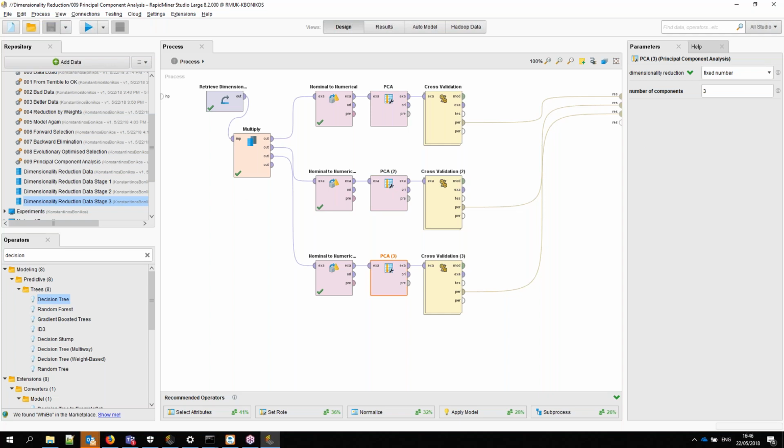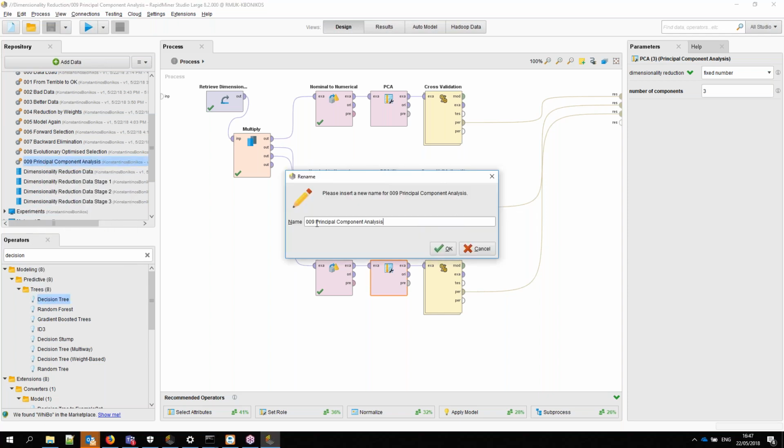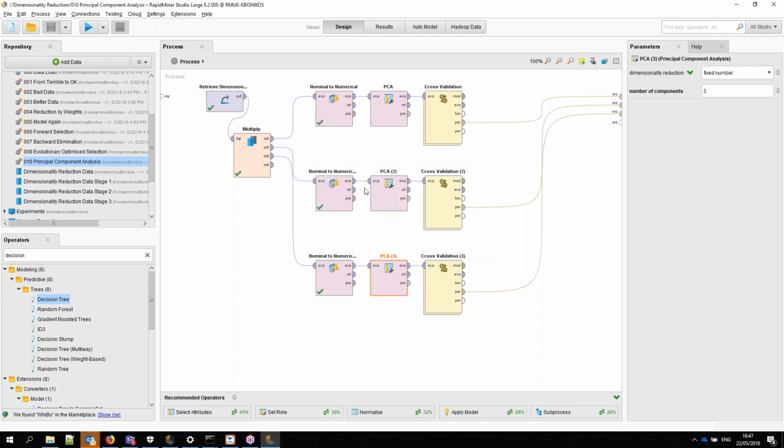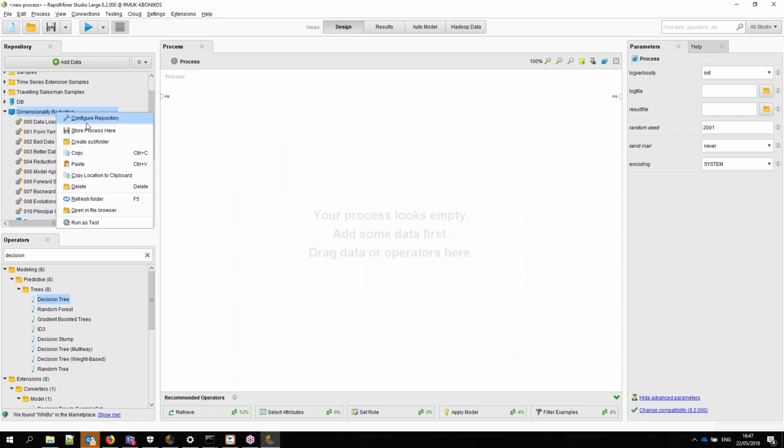Now I have about 10 minutes, and if you're still energetic enough, you'll be able to follow me through an example of the forward selection by weights. So you asked me what the weight input was for. So I'm going to go and rename this 009 to 10, because I want to keep PCA for last. And then create a new process. Please follow me with this and store it as 009